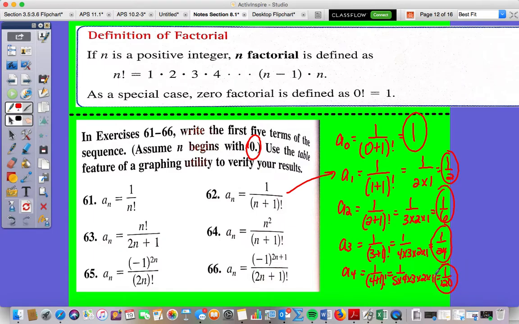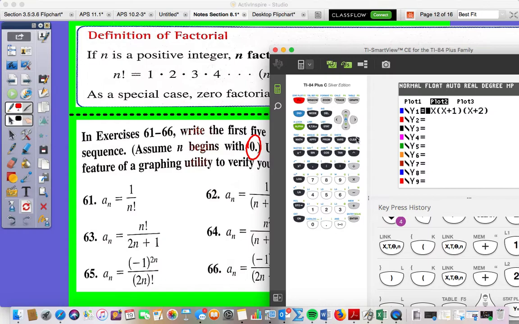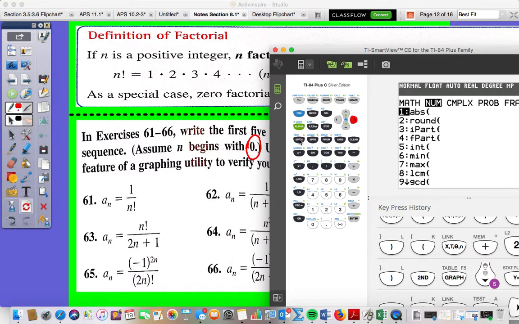Okay? So as I look at this, these are the ways that we could find it. You could also put it in as a decimal. Another way you could write this is actually going to your calculator again. I'll kind of show you. So you could plug in, let's say, n factorial. So I'm going to put this in. So x factorial, I believe, let's see, I think there is,